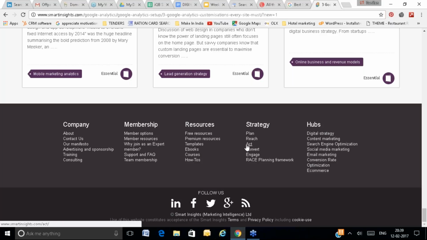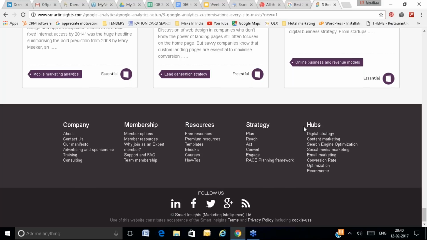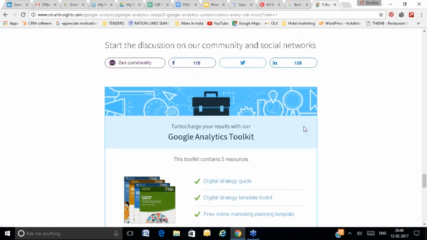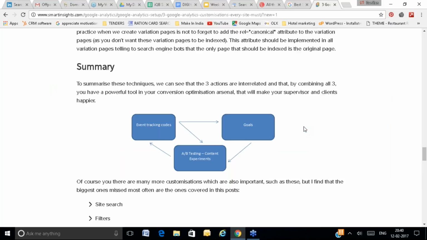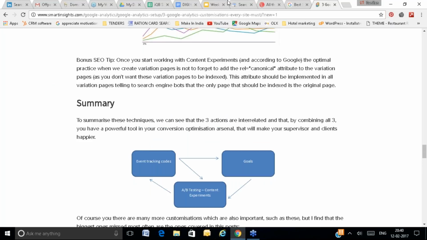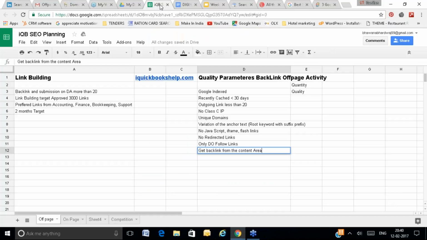If your link is in the footer, it means all the pages of this website are giving you a link. So you have placed one link, but you have received 2000 links. That kind of 2000 links is not a good idea. Always try to get a backlink from the content area. Always try to get a backlink from one page of the domain, not all the pages of the domain, not from the footer, not from the sidebar, not from the header, always from a unique page.